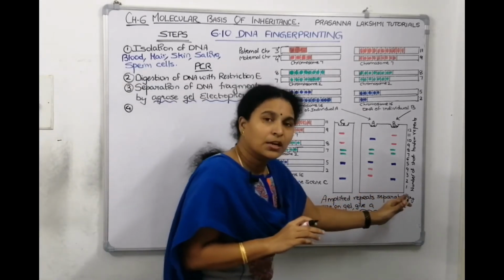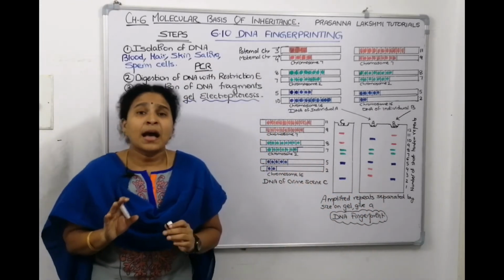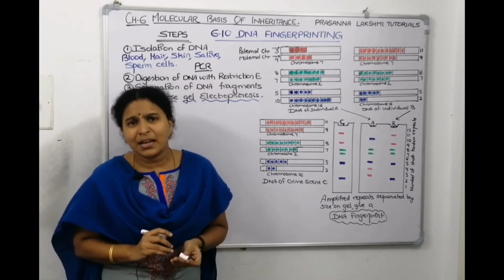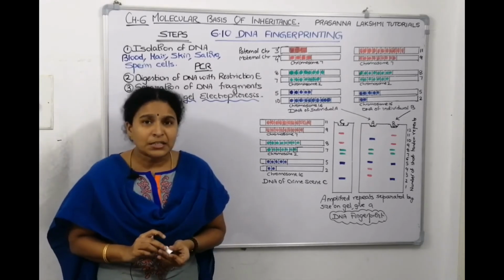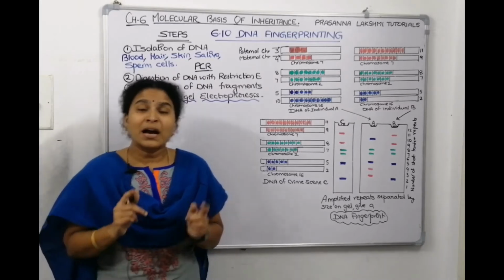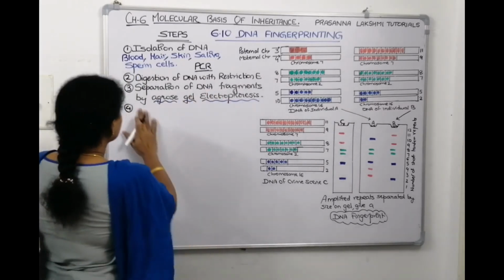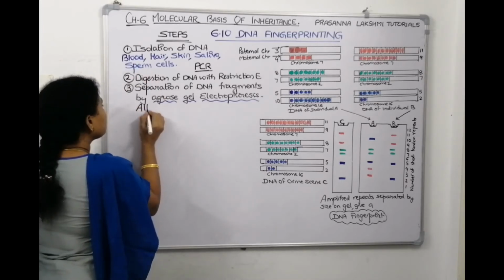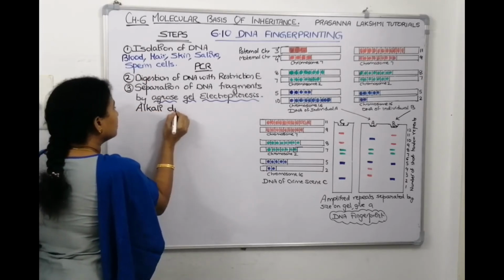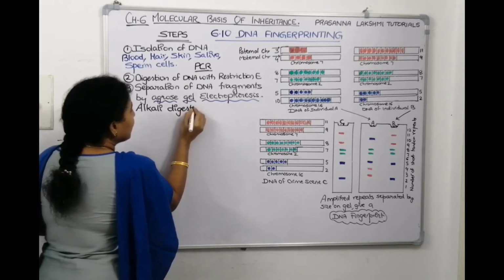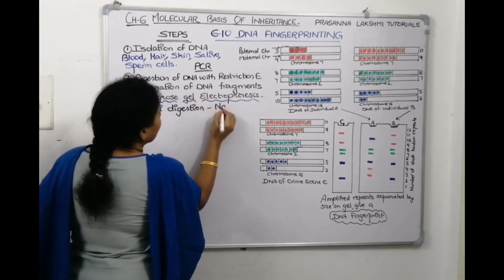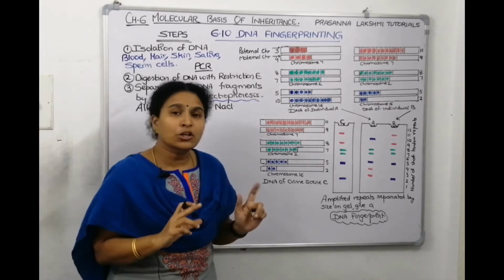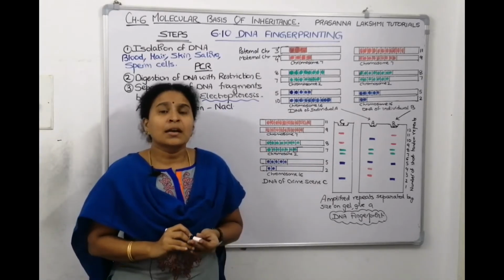These are the agarose gel electrophoresis. We got the bands. After separating them in agarose gel electrophoresis, it is a double stranded DNA, no? The digested DNA is double stranded DNA. Now we need to do alkali digestion. So here itself we will write down, after separating them in gel electrophoresis, go for alkali digestion. Meaning keep it in a solution which is having NaOH or NaCl, right?